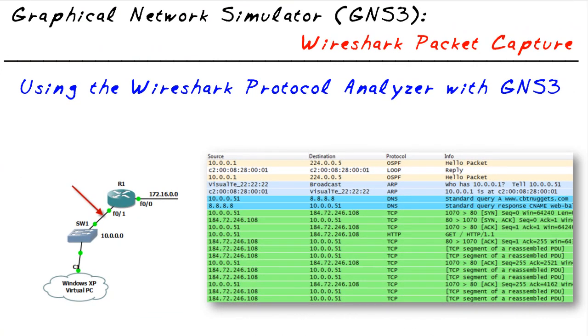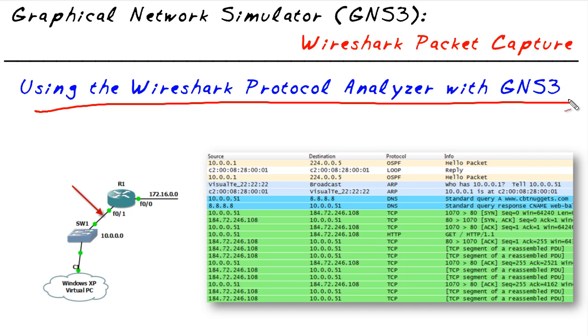Our objective in this MicroNugget is really simple. We want to identify how we can use Wireshark, which is a protocol analyzer, inside of GNS3. One of the things we ought to touch on first is what's the benefit of a protocol analyzer? In a learning environment, a protocol analyzer is a wonderful tool because it can help verify what we think is